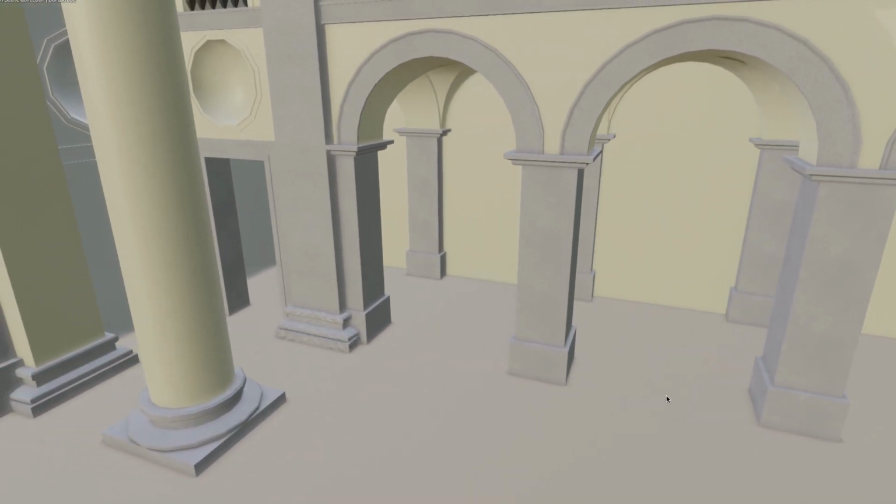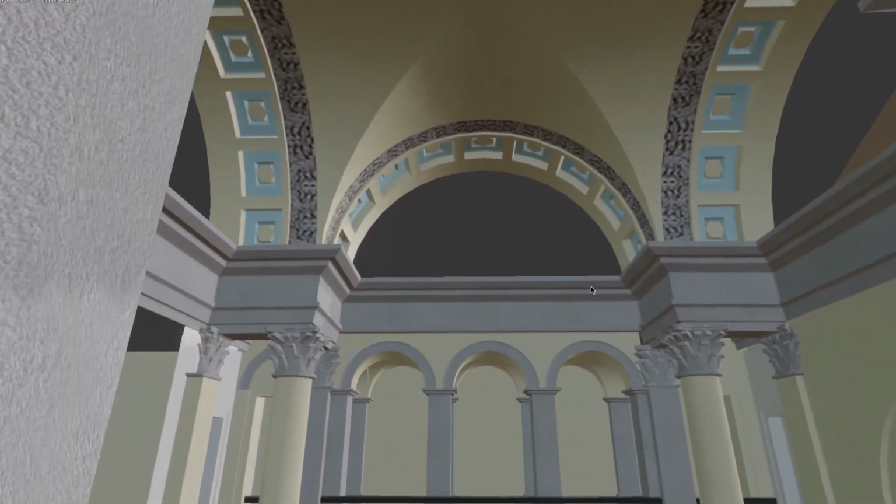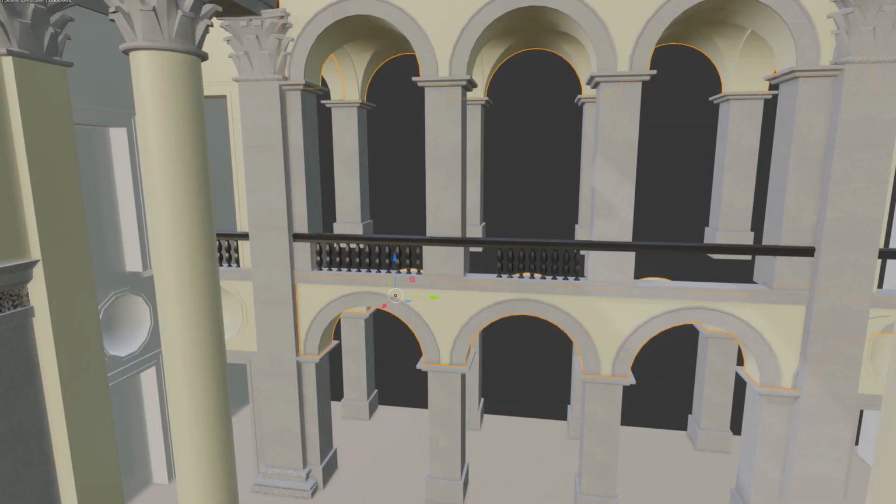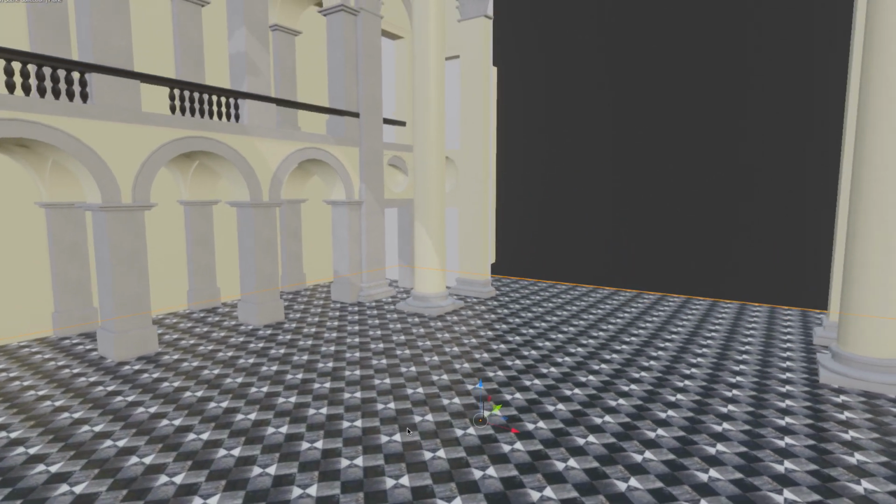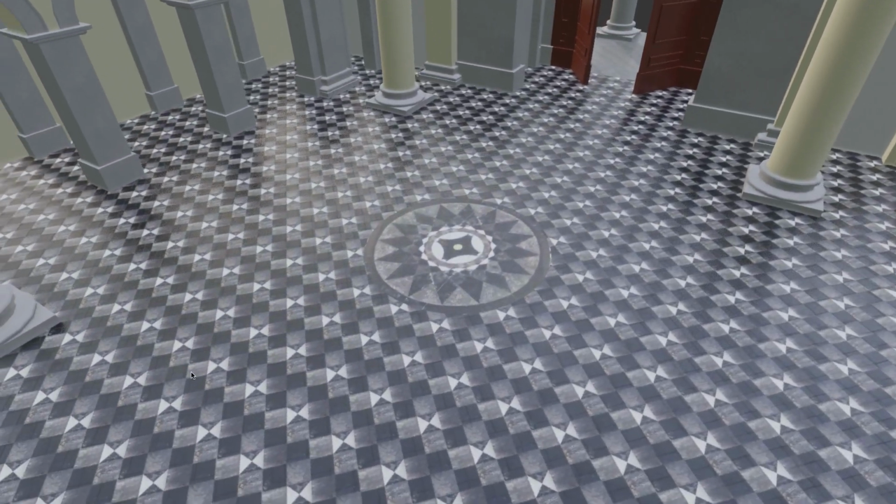There were all these arches and different types of columns, and the roof had this special shape, but nothing that I couldn't do. I tried to keep everything as modular as possible, so we wouldn't have to make the same things multiple times. Luckily, I still had some photos from that project from a few years back of the floor tiles, so I could use those as a texture of the floor, including the big rose in the middle.